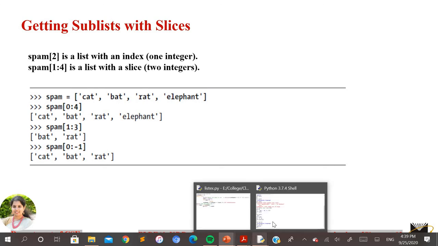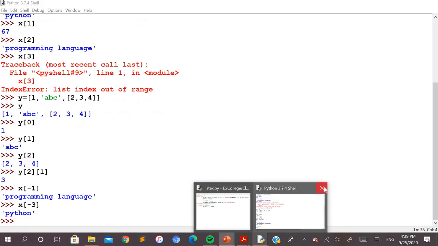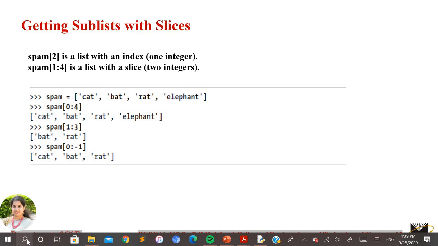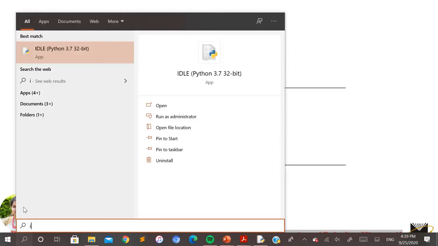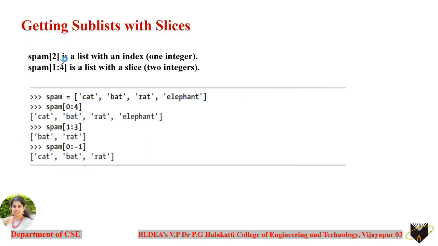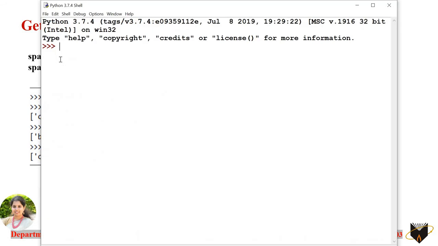So let us see the same thing with the example here. Let me take very simple elements into the list now.